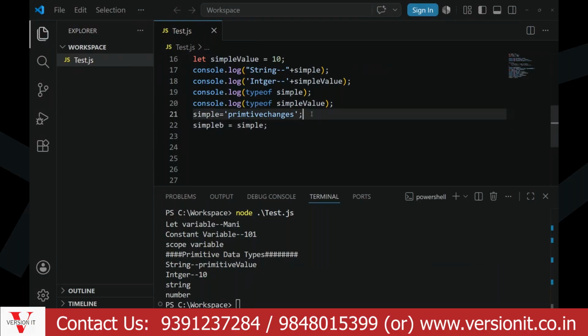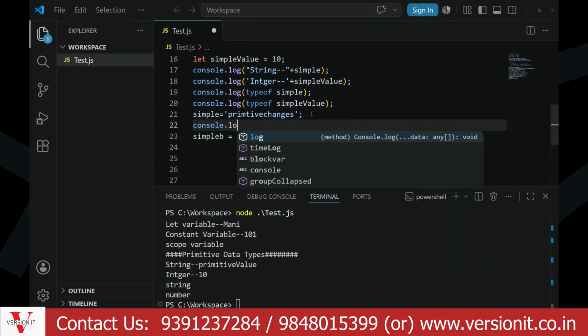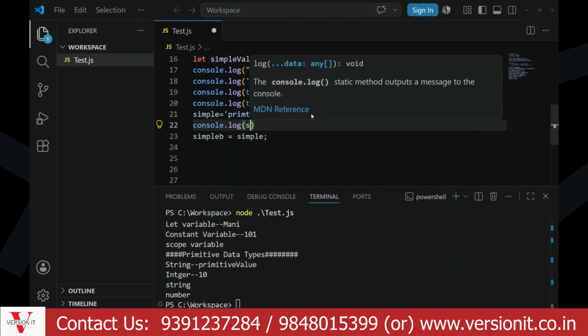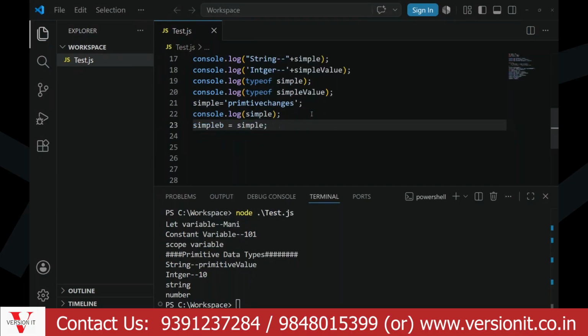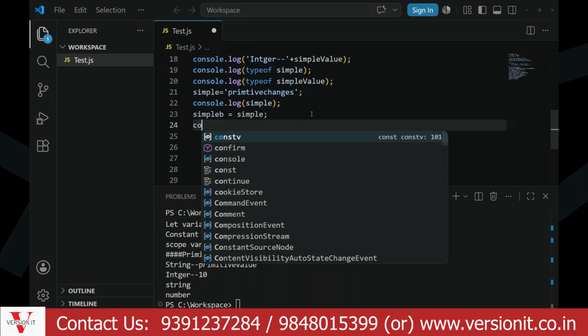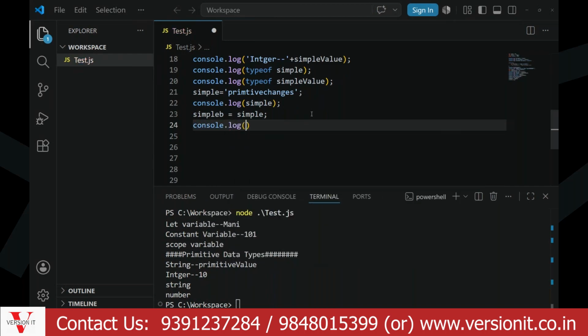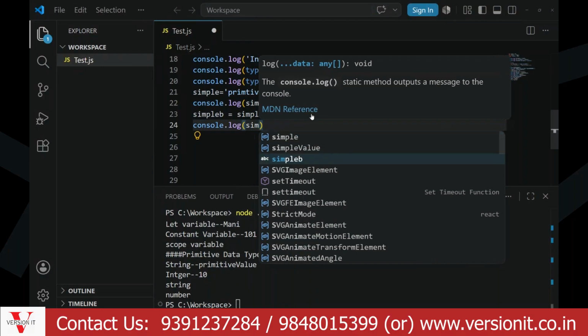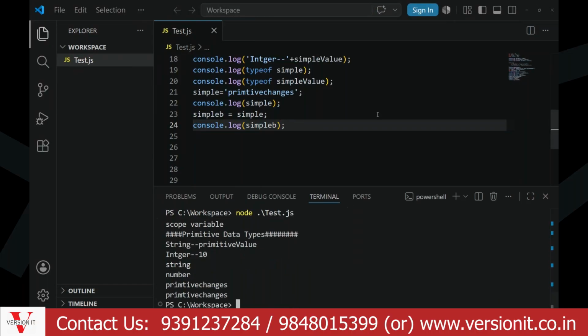I'll give you few examples and I can tell you. console.log simple. Yeah. So if I just print it out, see